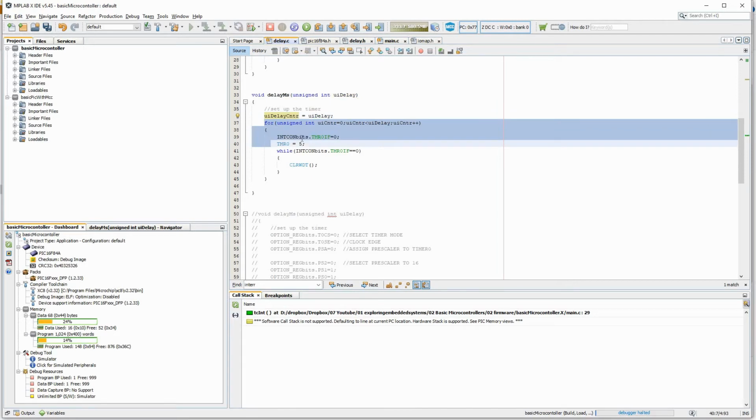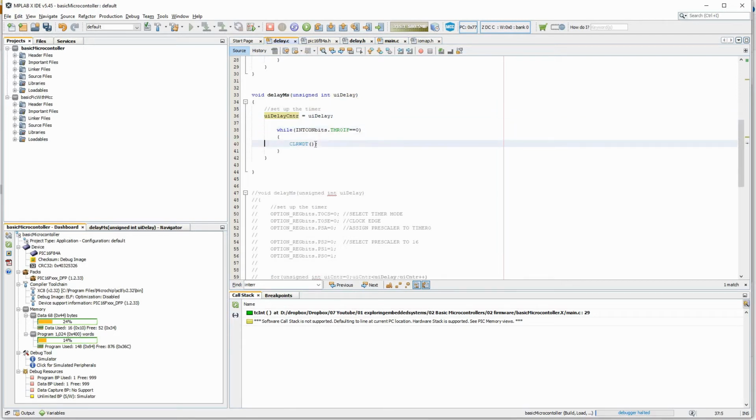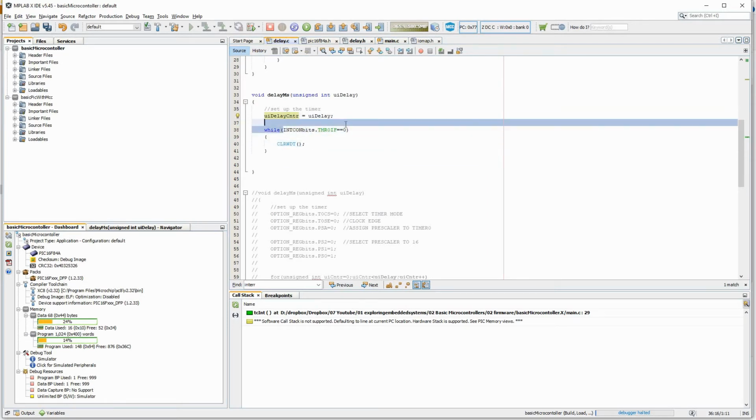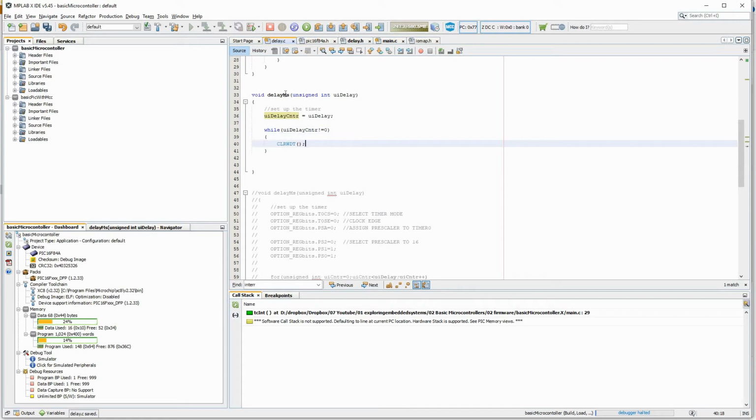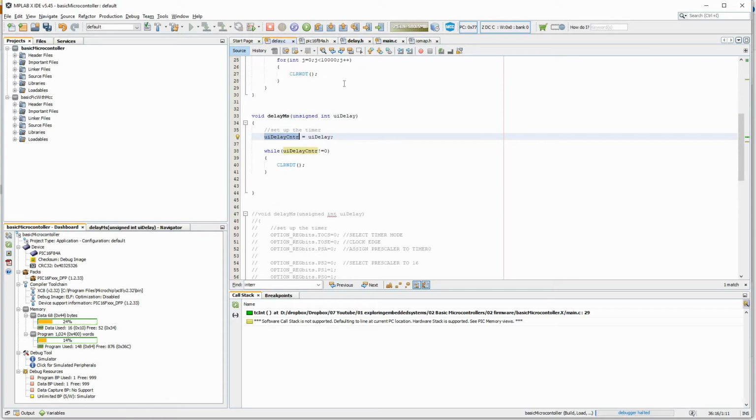Then I will wait till this delay millisecond is not equal to 0. So I'll explain. Let's assume I'm calling a 100 millisecond delay. What I'll do here is write this 100 millisecond into this global variable, that is ui_delay_counter.